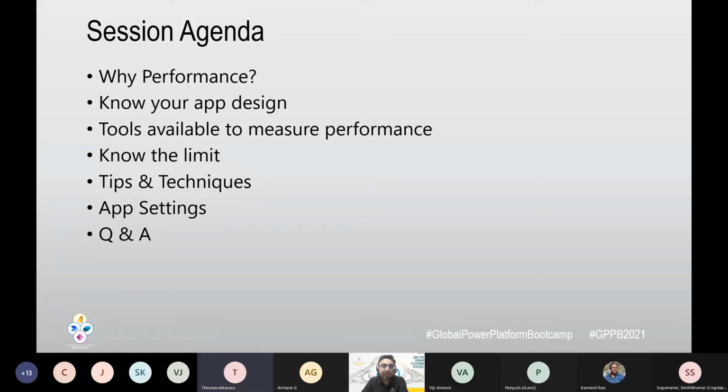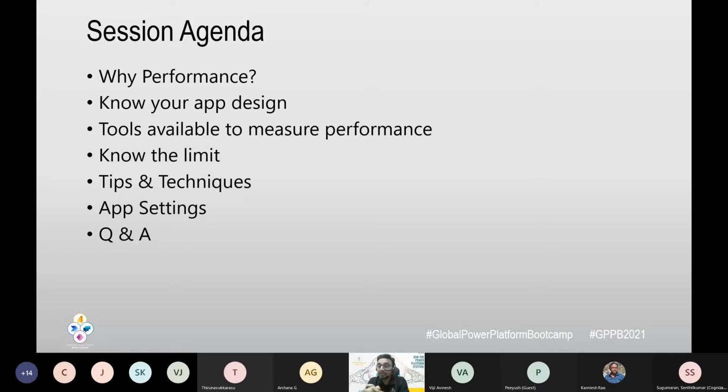So here is our session agenda and why performance is important. Then we'll talk about the app design, and the tools available by which we can measure the performance. We need to also know the limits. There are various tips and techniques that we're going to cover. Here, I would like to emphasize that some of these techniques and tricks I derived based on experience.